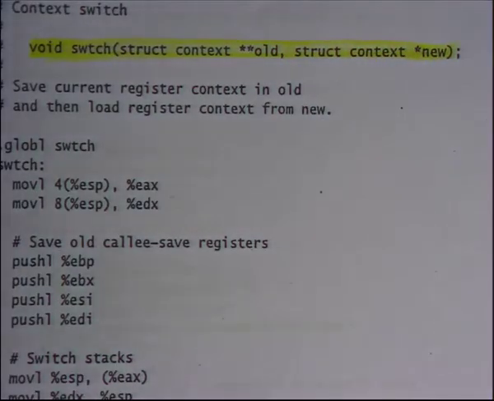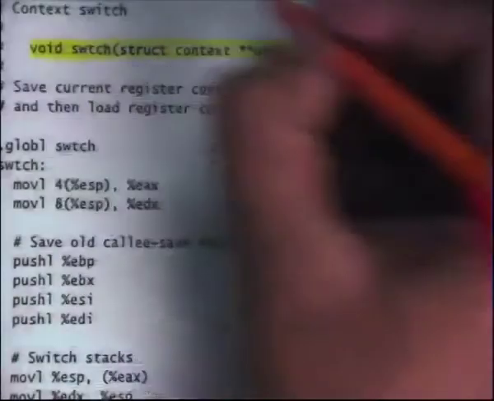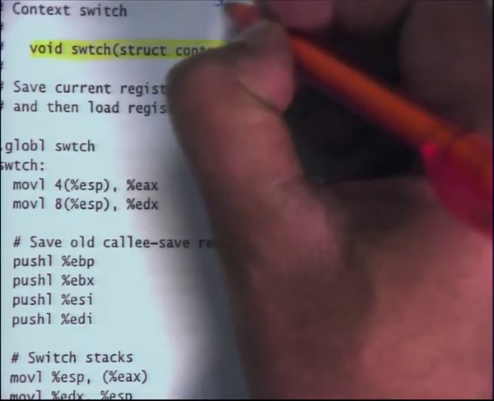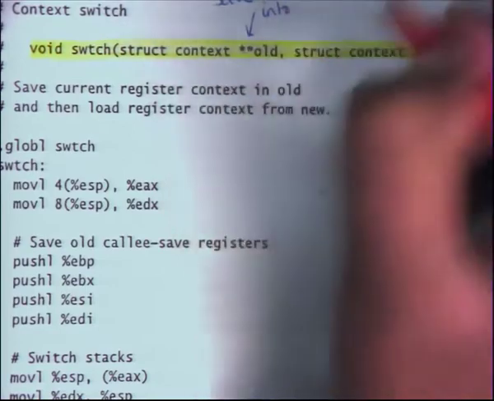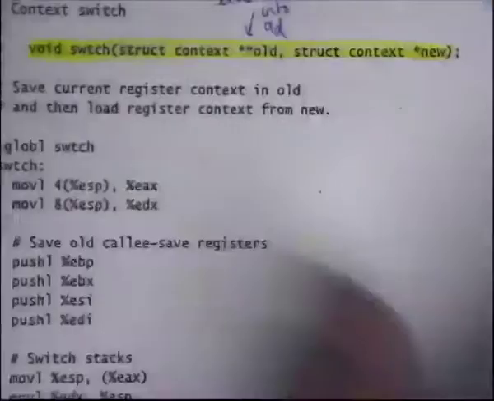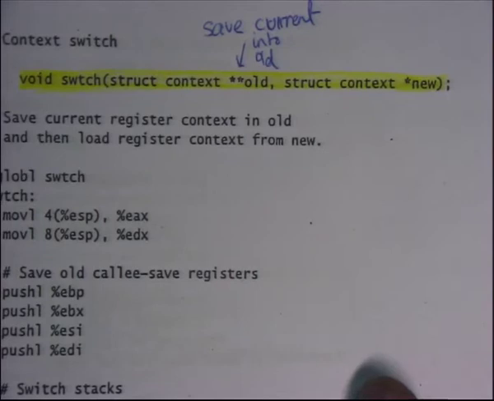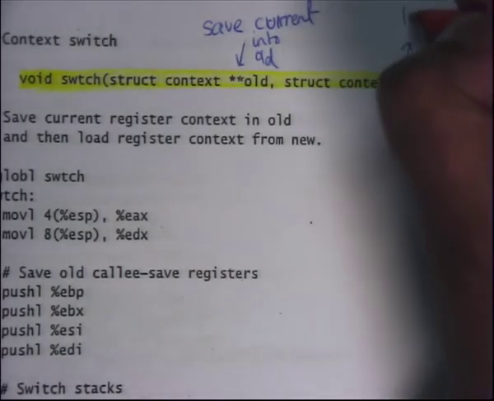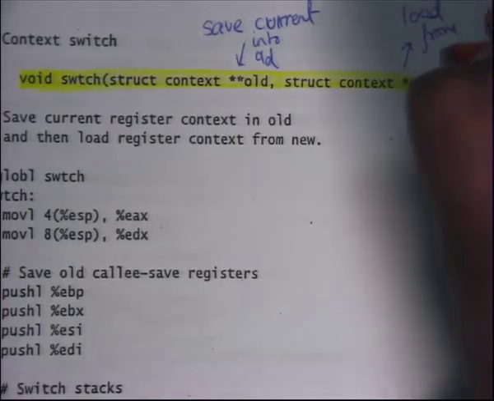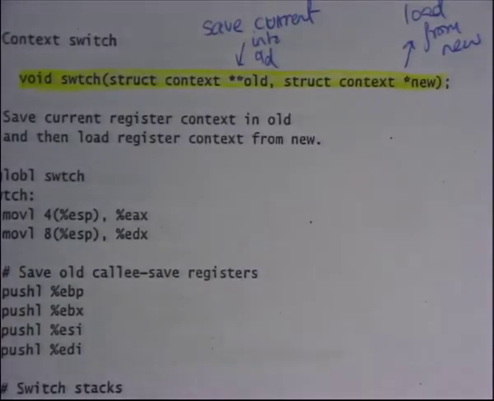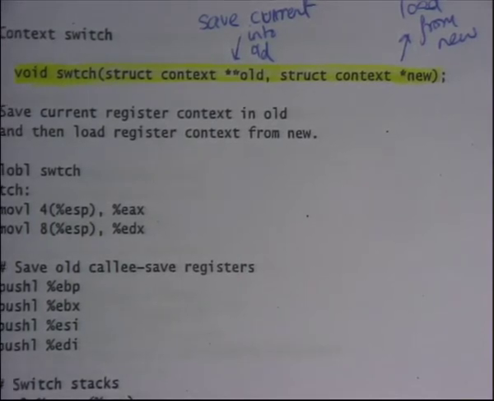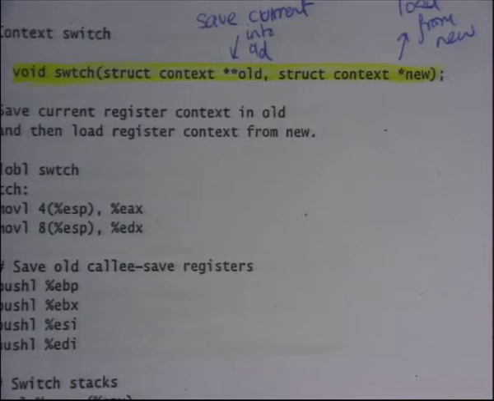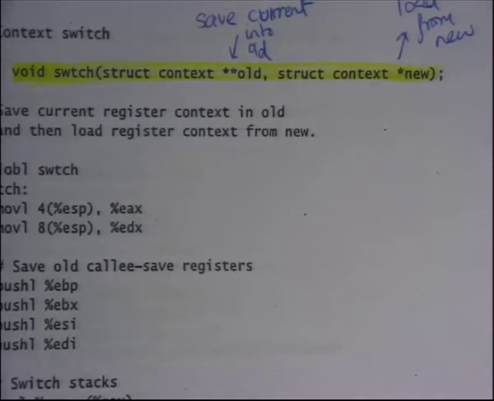So the semantics here are: save current into old, and load from new. Okay, so that's what this function is going to do. It's going to save the current context, which is the values of the current registers, into old, and load the values of registers from the new context. Yeah, and then it's done basically.